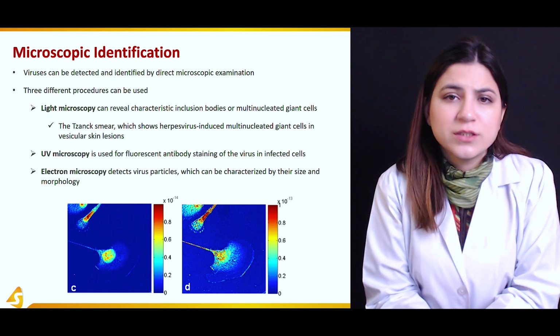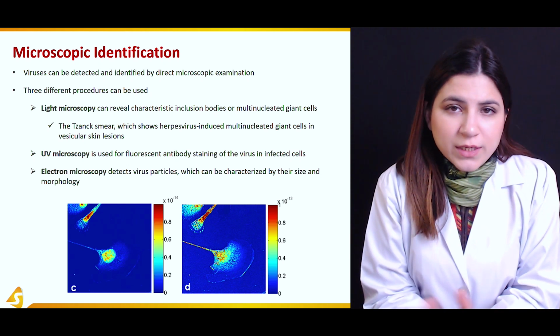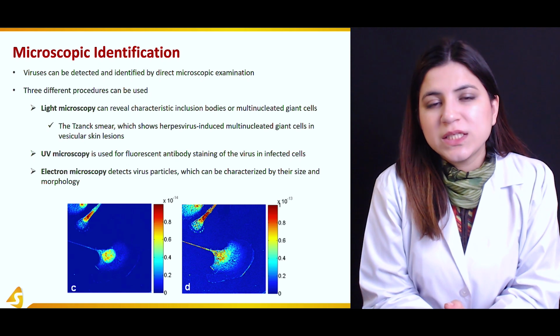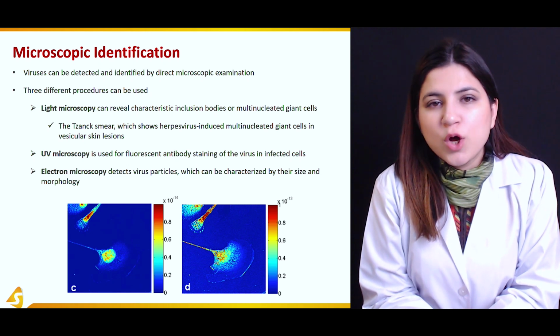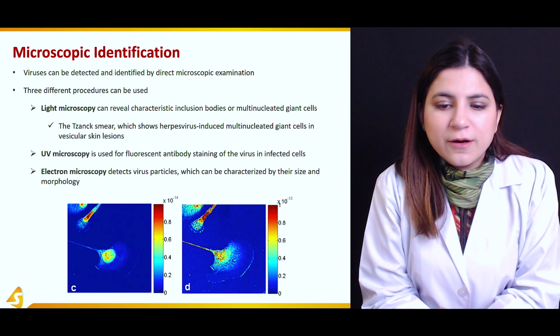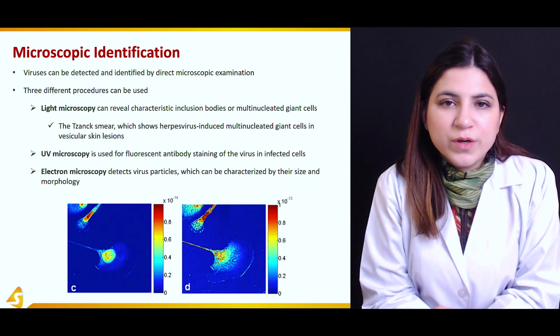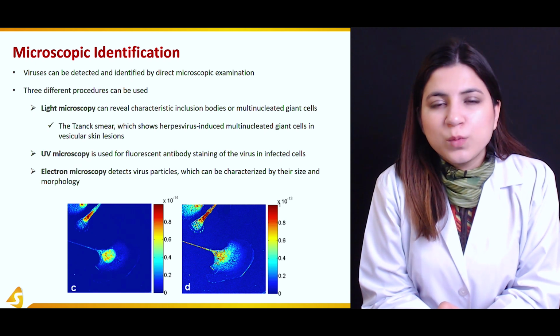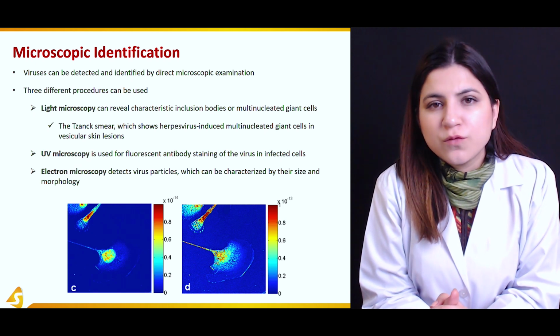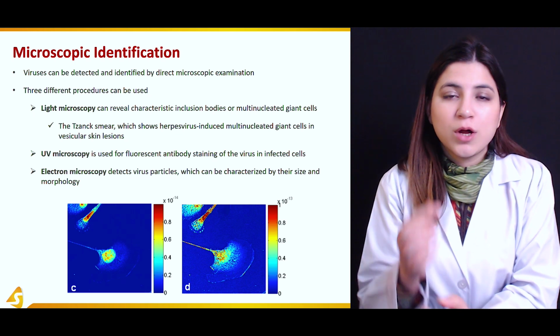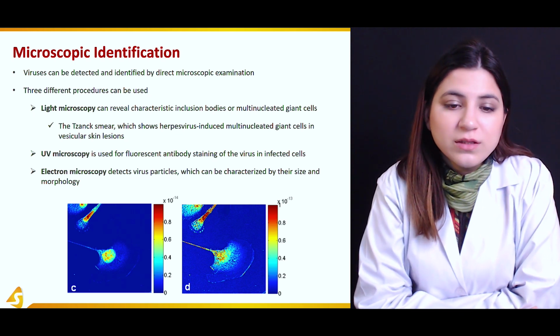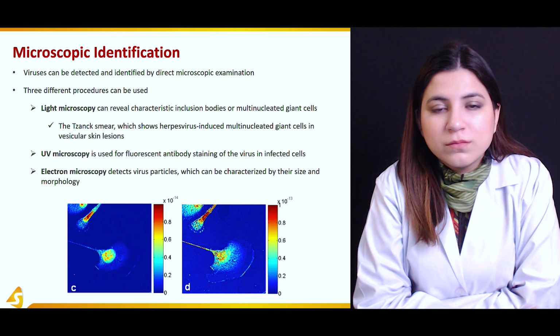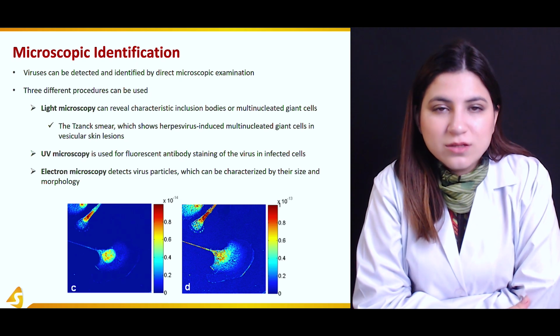So we know that there are certain viruses which, when entered inside the cell, will remain inside the cell in small packets known as inclusion bodies, which can be visualized under the light microscope, which will not show the presence of virus. Rather, the inclusion bodies can be visualized inside those cells,